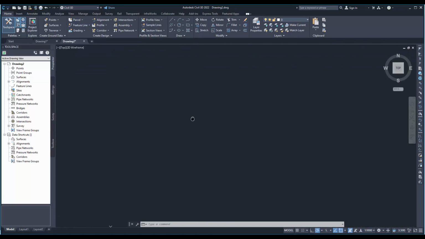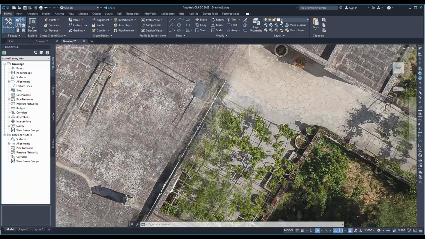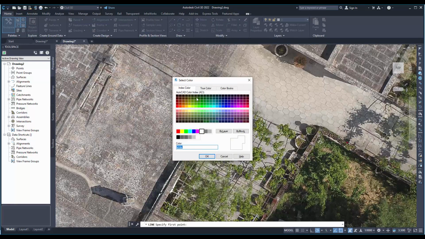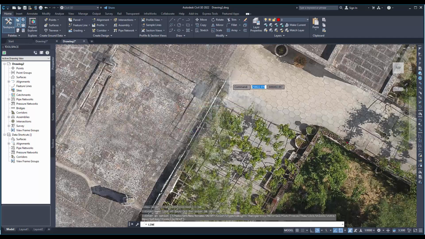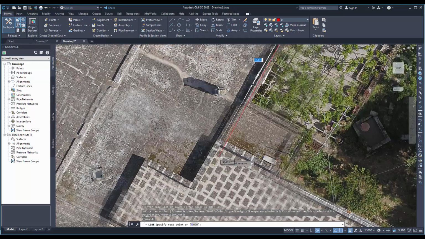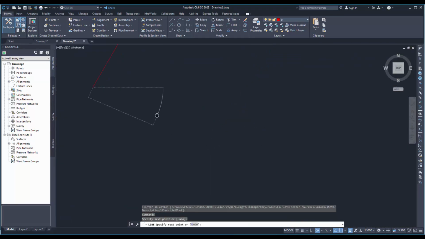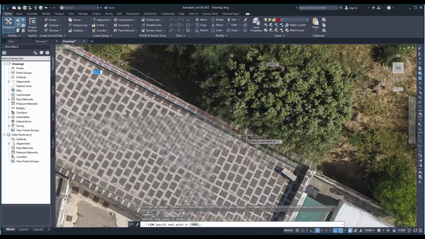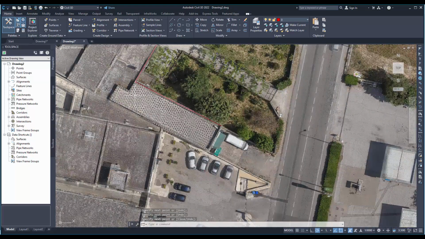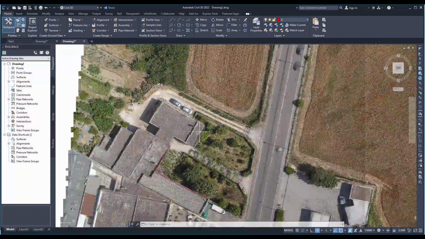We could also use this to draw exactly where we have the walls. So if we go to drawing lines, if we change our color, for example, to red, we could then use that just to draw the outline. So we can use that in connection with this for perfect marking of the building corners of ortho walls. Okay,